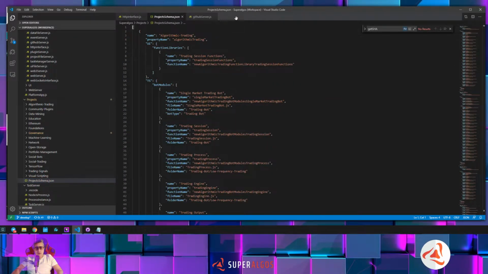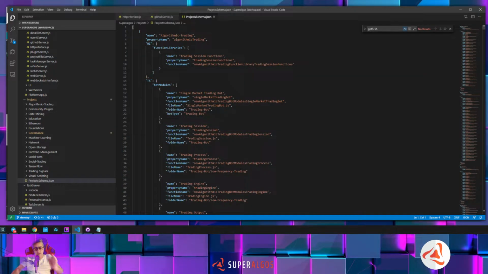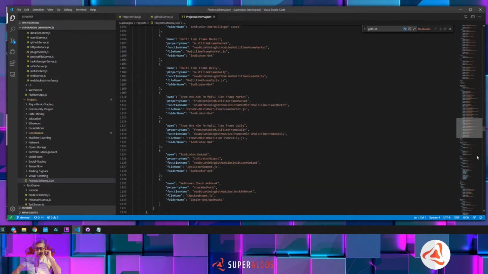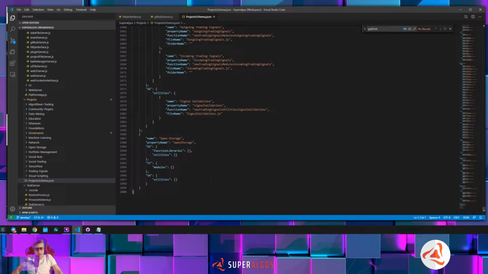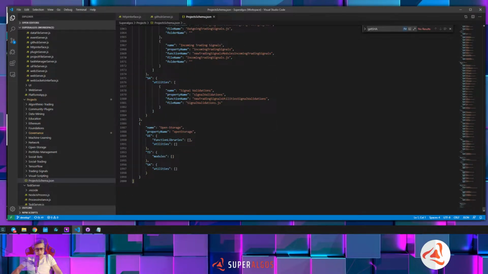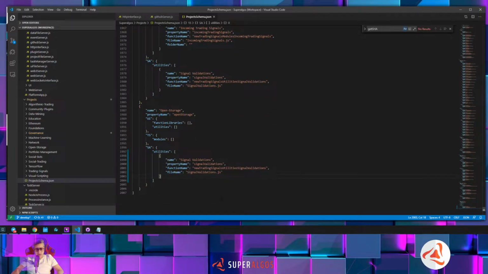Okay, I'm going to define the new module there. First, let me check what's going on here. Okay, changes in my profile. Okay, so the project schema file is the backbone of the whole SuperAlgos system. It is where we define all the projects, and here we have the open storage with no modules whatsoever until now. So I guess they are going to use this as a template, and we'll add a module here that is going to be called